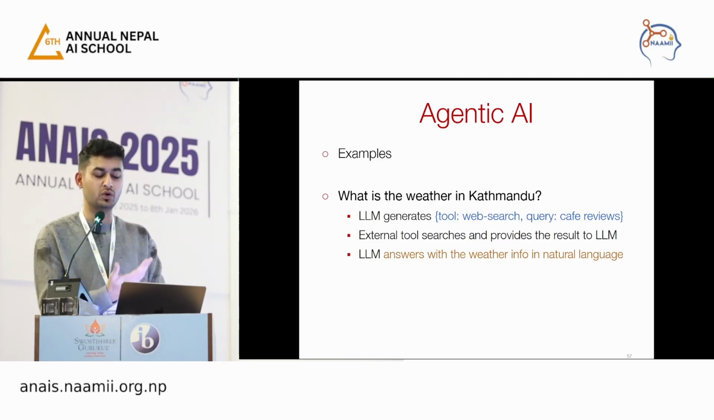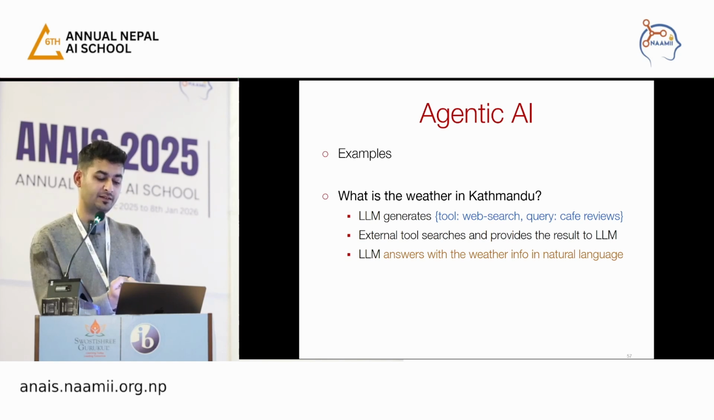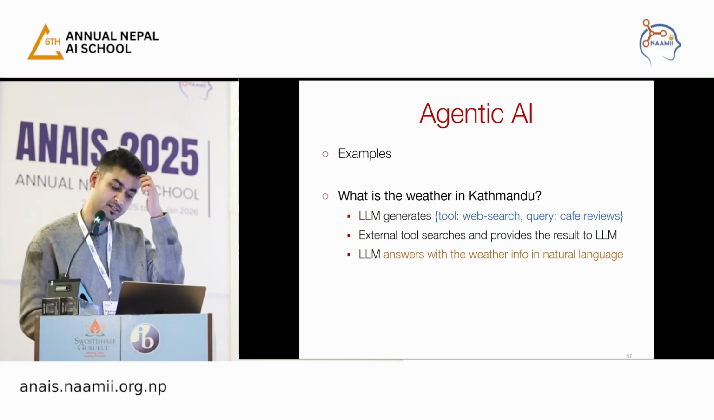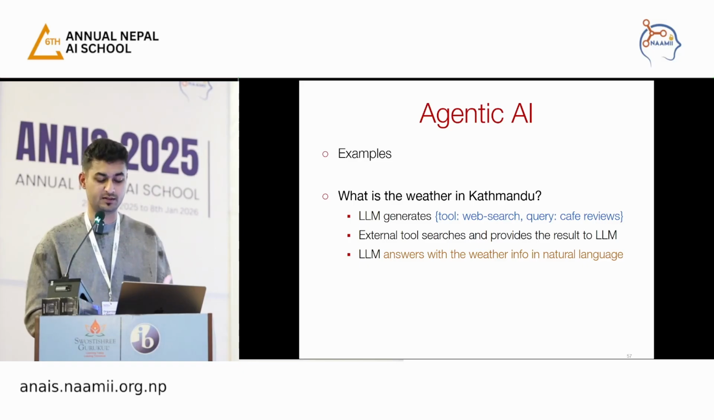So how an agentic AI workflow would answer this question is, the LLM generates certain things. In this case, it finds out that it has to use a web search, or maybe an API that takes weather from the meteorology department in Kathmandu, and the query is weather in Kathmandu. The external tool searches and provides the weather result to the LLM, and the LLM answers with the weather info